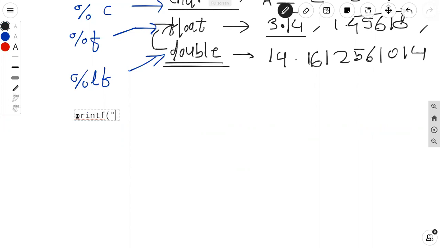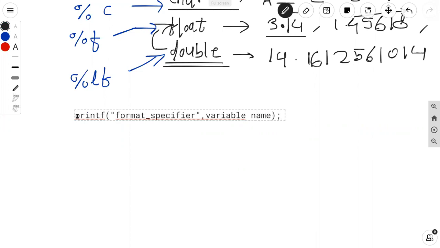Now here I need to print suppose the integer value, then you can use format specifier, double quotes complete, comma and variable name.